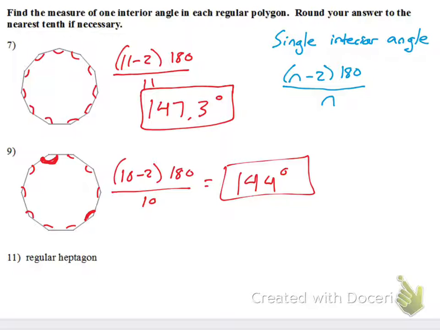A heptagon. So for a heptagon, you might need to look that up. I don't even remember what a heptagon is. A heptagon has 7 sides and angles. So it's got 7 sides. I'm sorry, not 7 sides, 7 angles. So I'm just going to put 7 minus 2 times 180 over 2. Sorry, not over 2. Over the number of angles, which is 7. So then I would do 5 times 180, and then divide that by 7. And I would get